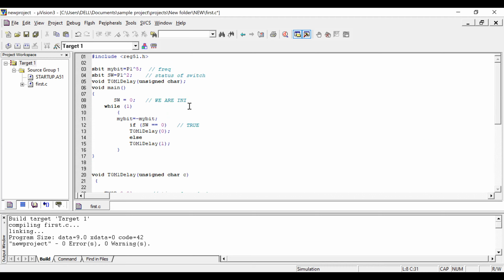But in real-time hardware, we will be connecting some hardware switch. Depending on that particular switch, our program will work. So at that time we need not mention this. It will automatically control. Right? Right. So now,